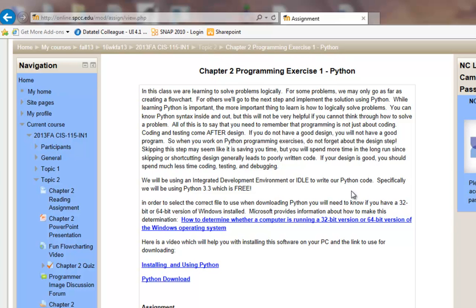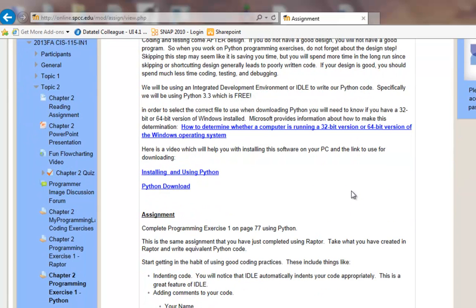But the process is what I wanted to show you so that you know how to get Python installed, be able to start Python, create your program, save it, test it, then come back over here and get it uploaded into Moodle for grading. Please do remember that I'm always available to help you, so if you have any questions